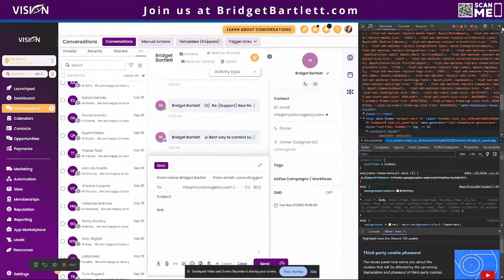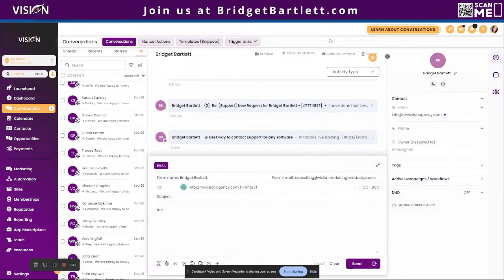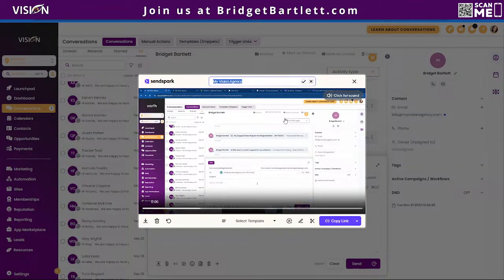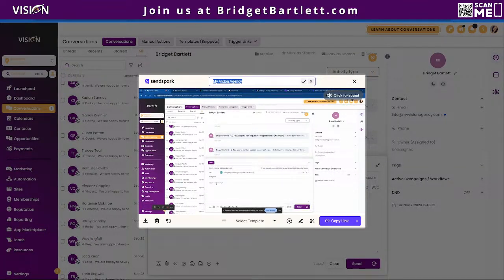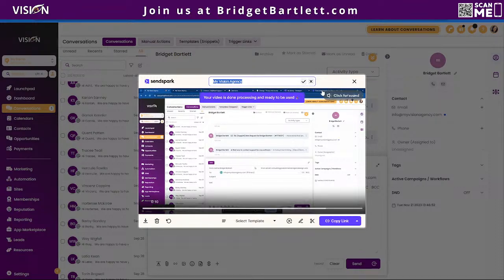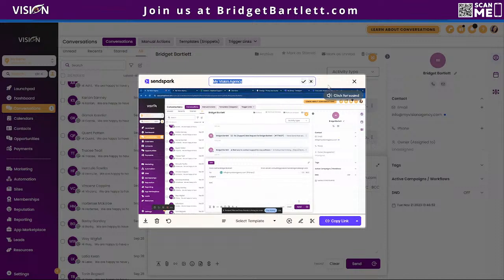Okay, so what we want to do here is make sure that we're shooting a video. You want to show them that you're disabling the browsers, updating the browser extensions, and clearing the cookies and caches. As soon as you have a problem and this isn't working out for you, go ahead and click record, and show them, hey, I'm having an issue. Here's me disabling the browser. Here's me updating the browser extensions. Here's me clearing the cookies and caches, and just show all of that stuff